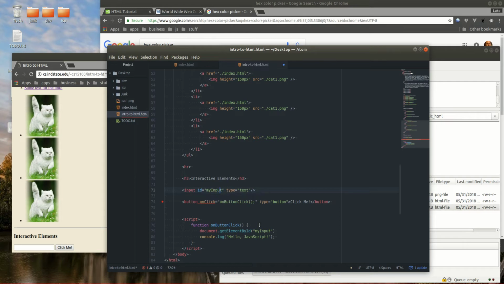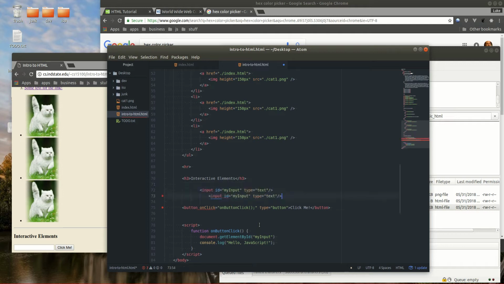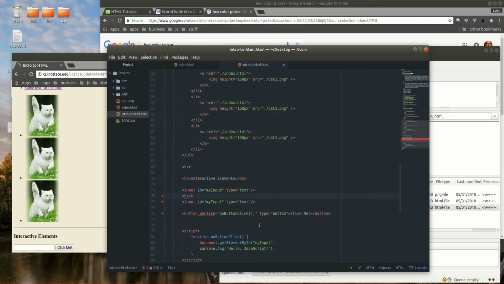And it's an identifier, so I know how to find this input element, because I could have two. In fact, let's go ahead and make two. We'll add a BR tag in between all this stuff. So this is my input 1, and this is my input 2. Okay, so